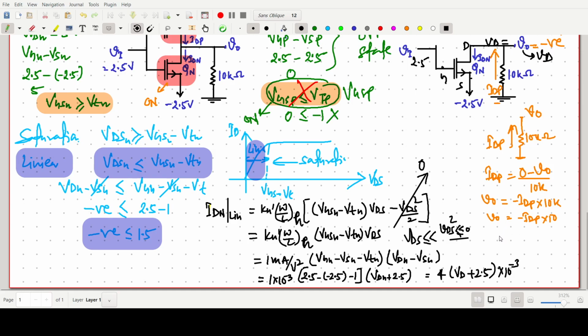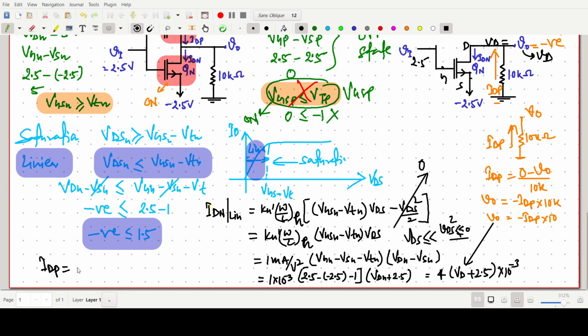So if we put this V naught in this equation, after putting this V naught value in this equation, it will give 10 times of IDp. After solving all this,